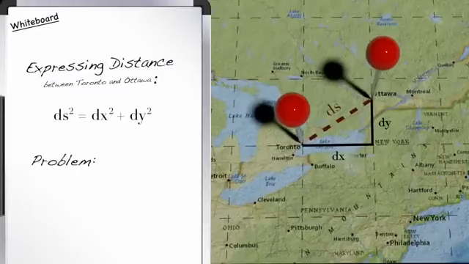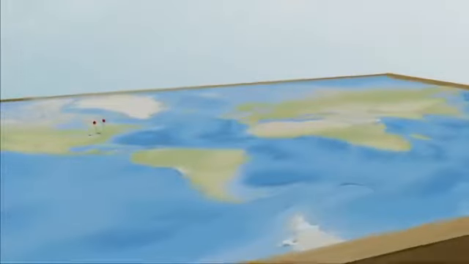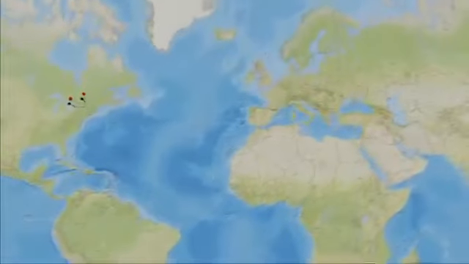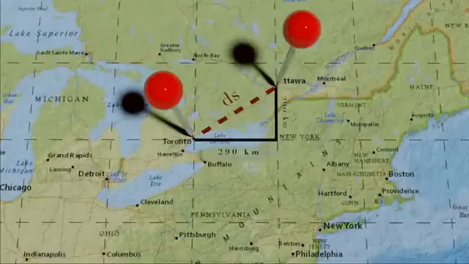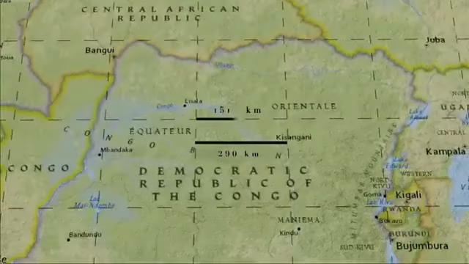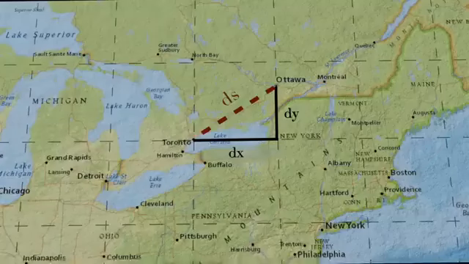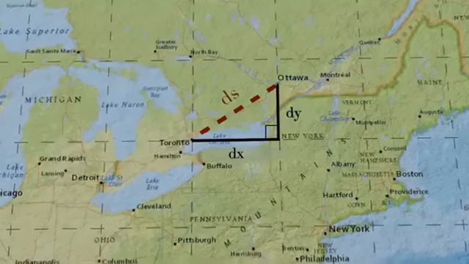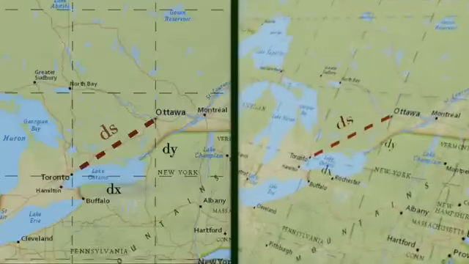But this won't yield the true distance between those locations, because for a map of something like the Earth, where a curved surface has been projected onto a flat one, an interval dx or dy here on the map doesn't represent the same distance as an interval dx or dy elsewhere on the map. Moreover, the true angle between dx and dy may not be 90 degrees. To calculate the actual distance represented by this coordinate distance on the map,